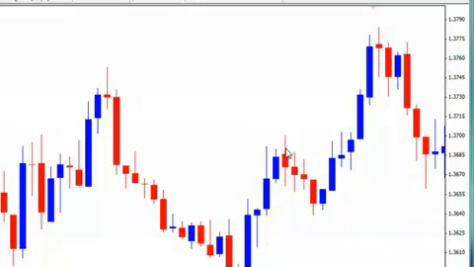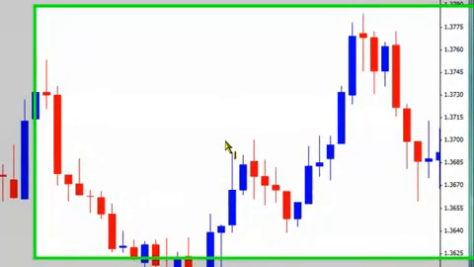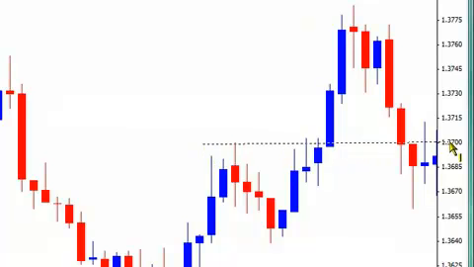So let's take a look at this. What we would do with our strategy in place, once we have this pattern right here, is we would start with drawing a horizontal line across the top of the left shoulder. So there's our horizontal line. And then we would draw a